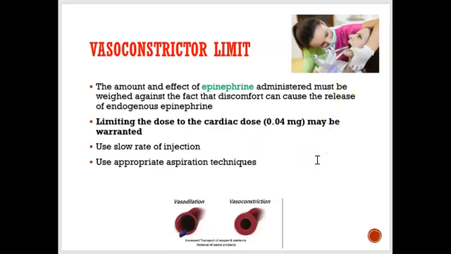So what do you do with someone who's got heart conditions? Because remember, when someone has heart conditions, we like to vasodilate the blood vessels. We want to open them so the blood can flow. If we vasoconstrict, if we close up the blood vessels, then it's harder for the blood to flow and go through the heart. So what we say is that anytime someone has a heart condition, we still do give them epinephrine, but we lower or limit the dose. So instead of 2 milligram, we'll give them 0.04 milligram. Okay, so we're limiting the dose. We're still giving them epinephrine, but we're limiting the dose to 0.04 milligram.